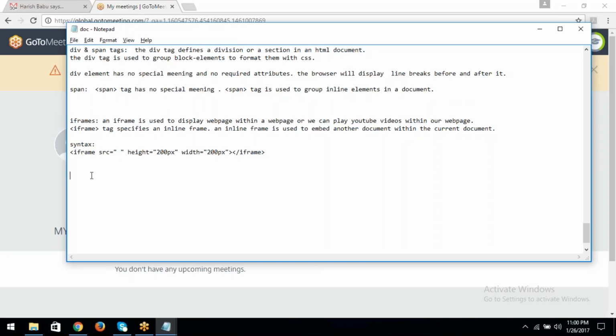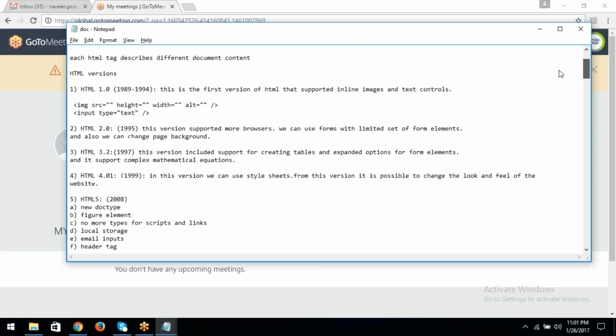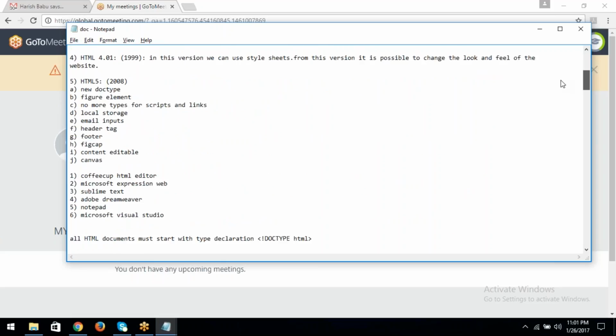And HTML5 features. First feature is completed. Okay, new doctype and figure element, no more types for scripts and links, and local storage. This local storage feature I will explain in AngularJS. Okay, so this is the figure element, a new element in HTML5. And no more types for scripts and links. No more types for scripts and links means,